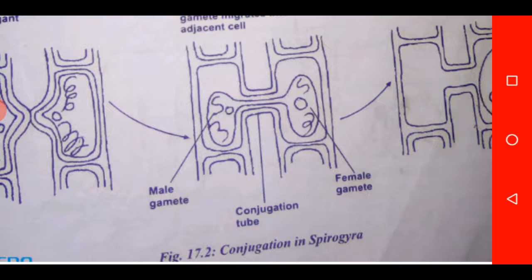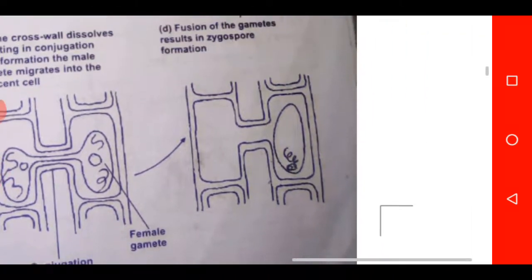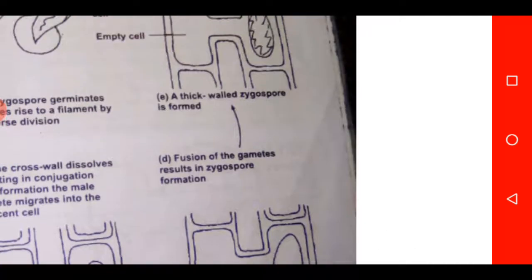You can see the male gamete moving to the female gamete inside the female conjugate. And this will fuse together. Both of them will fuse together to form what is called zygote or zygospore. You can see their fusion. The gamete from the male organism has reached the female organism, and they are fused together, and the zygote is